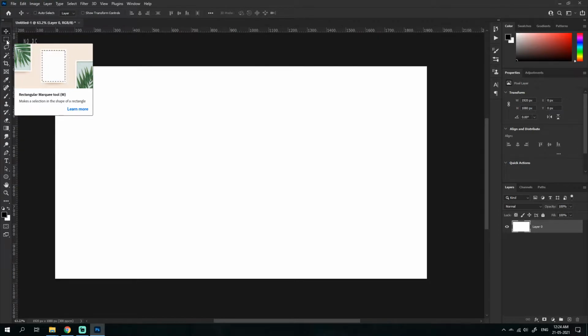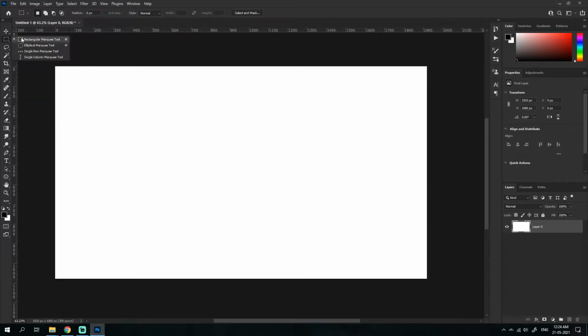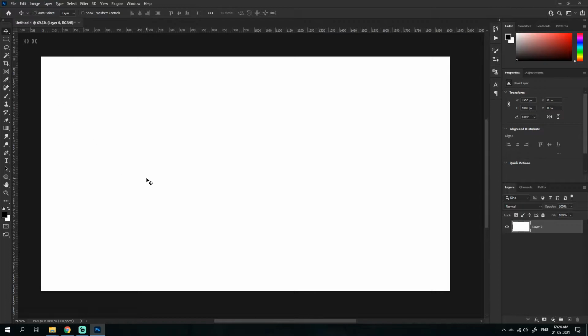The selection tools that I commonly use are the marquee tool, the lasso tools, the object tools, and I also use the pen tool, and many of us have used it before. For Photoshop users, not for beginners, the pen tool is also a common thing which we use in Photoshop. So how about we just get started?